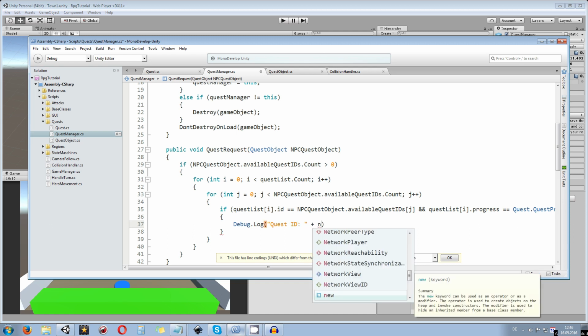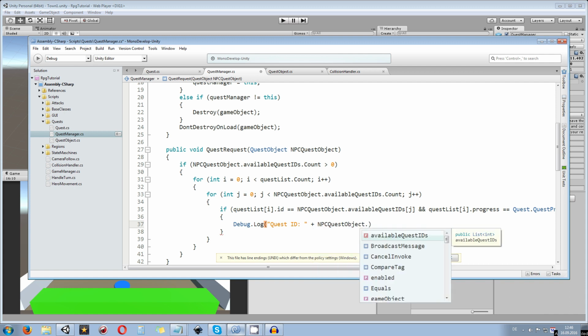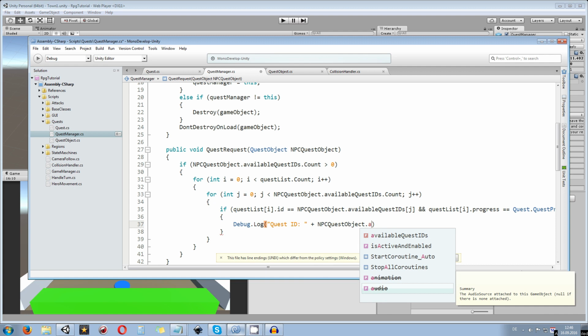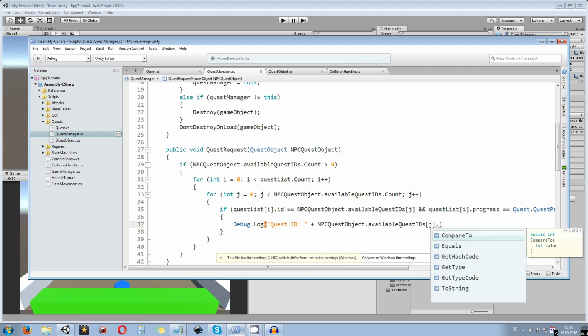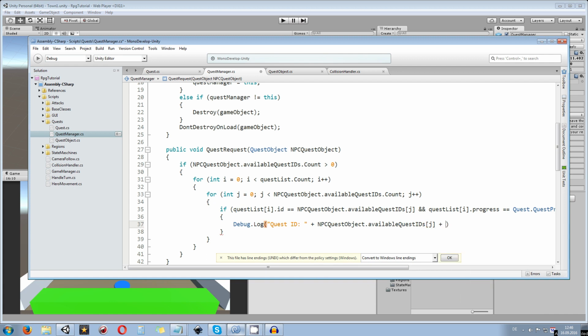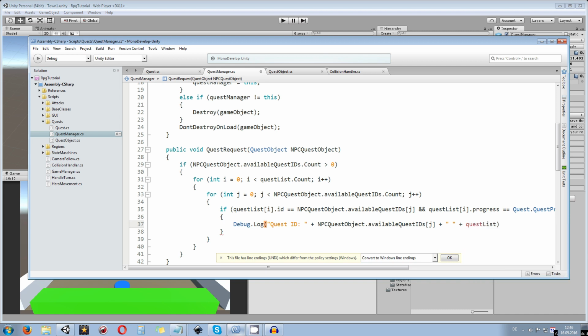So what we want to pass over is the NPC game object dot available IDs on j dot, plus, and then we have a space in there, and then plus quest list